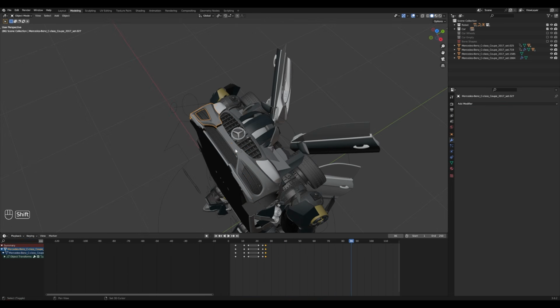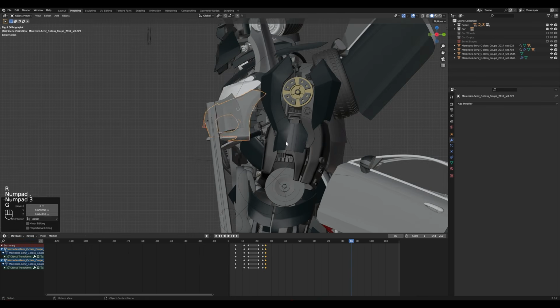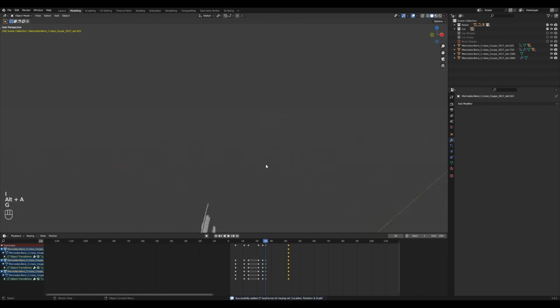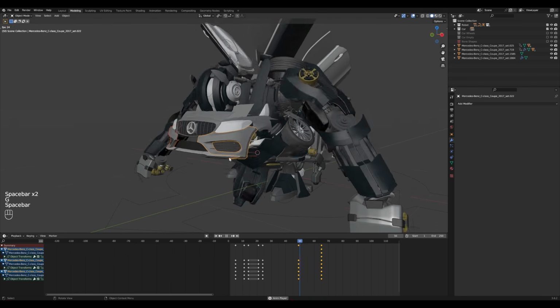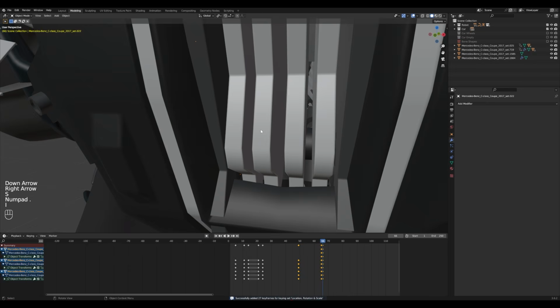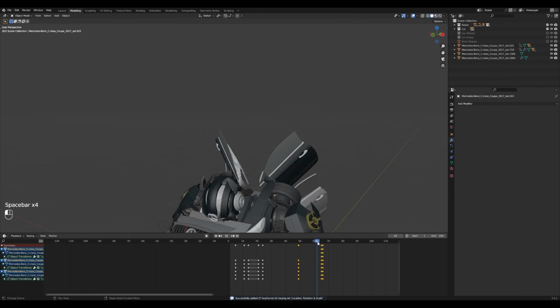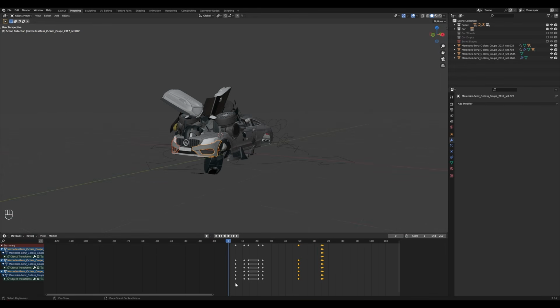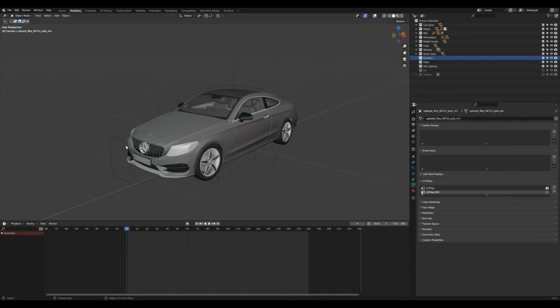So as you can see, this front part, I have rotated it and placed it about here to match the robot part here. So now it is all about giving time to the animation. I myself spent too many days to get the animation right. So here is my finished animation file.